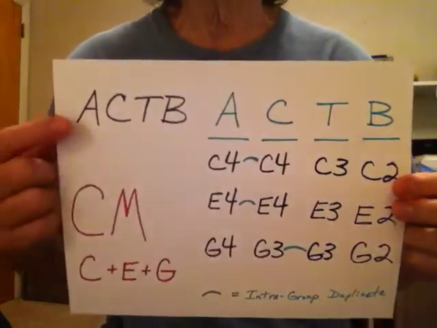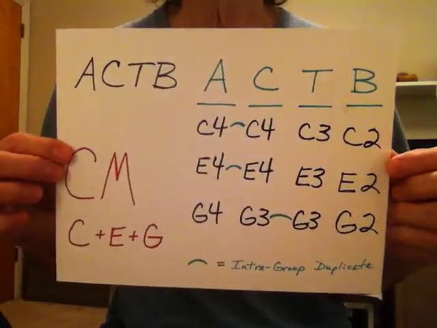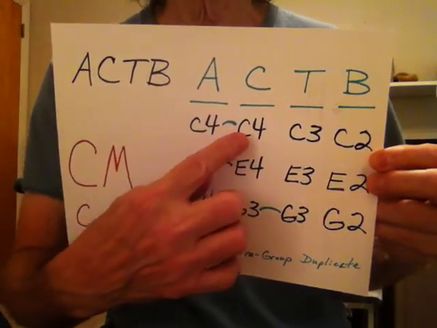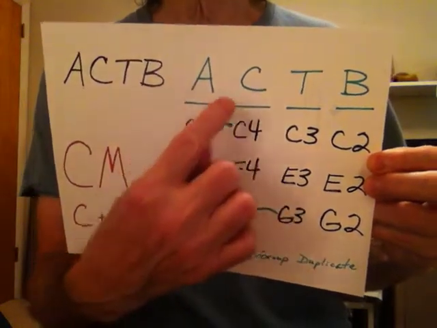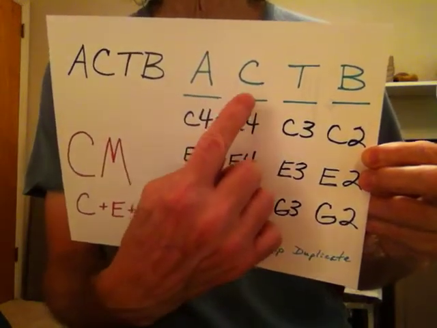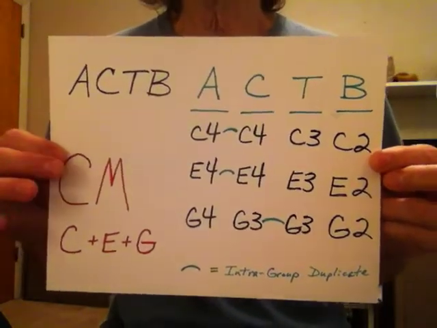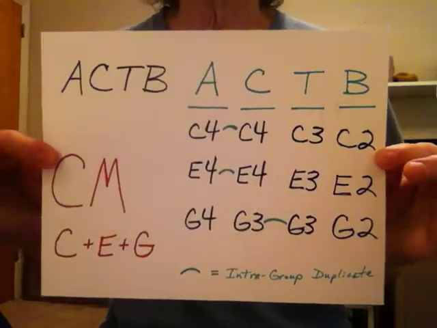For example, I showed you that when I selected the alto, contralto, tenor, bass register, the C4 is duplicated in the alto and contralto reed sets, the E4 is duplicated in the alto and contralto reed sets, and the G3 is duplicated in the contralto and tenor reed sets, which means, as I mentioned, those tones might have just a slight preponderance, just a slight advantage. And the reason is